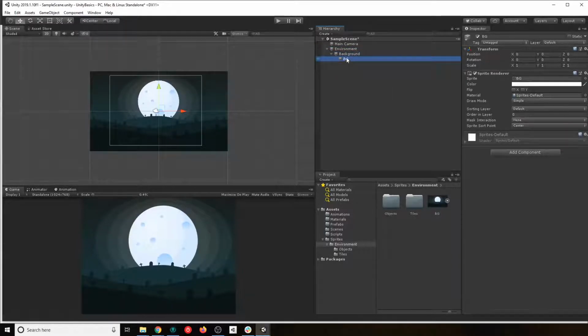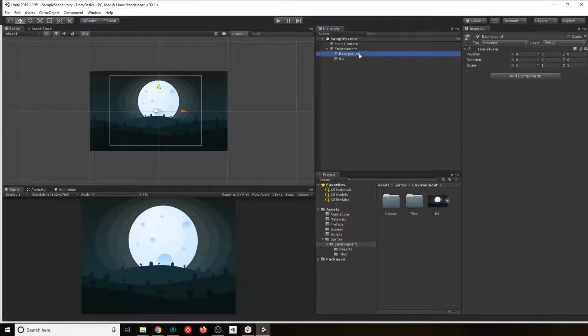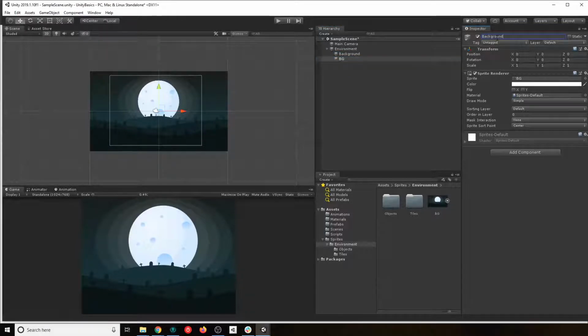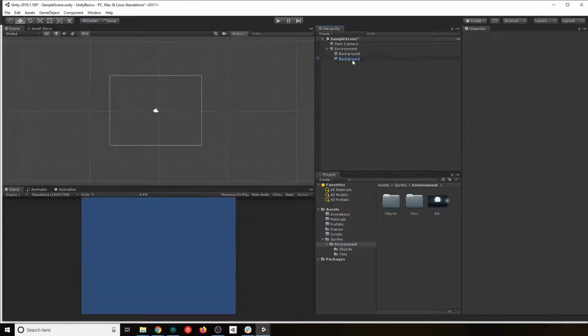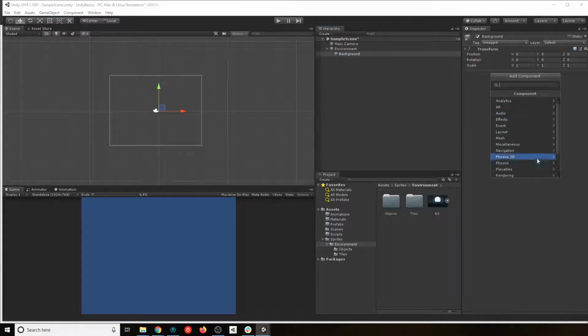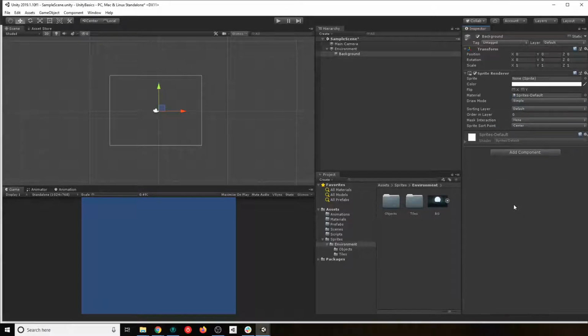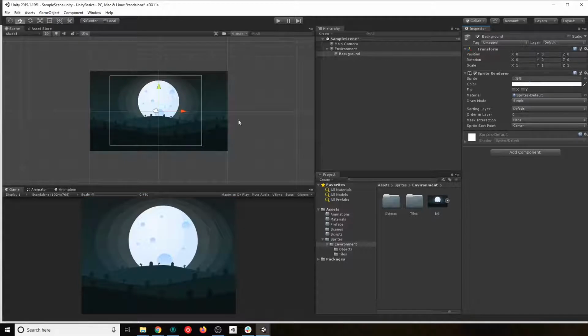There are two options. You can either just create this and have this as your environment and change this to the same name we had here. Or the other option is we have this, what we created before. We go ahead and find that little thing. If you don't know about it, you can just type here and you will be able to start searching. So sprite. Oh, here, look, sprite renderer. That's the one that I want to use. I need to put this here, and now we have our nice background.